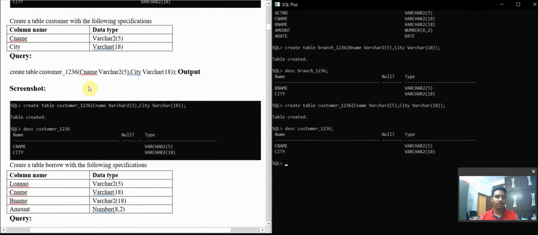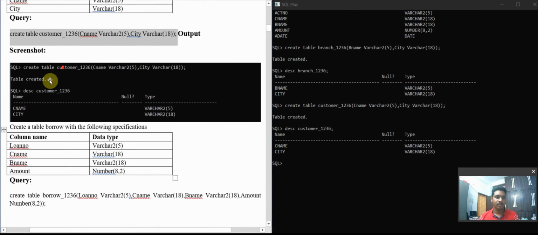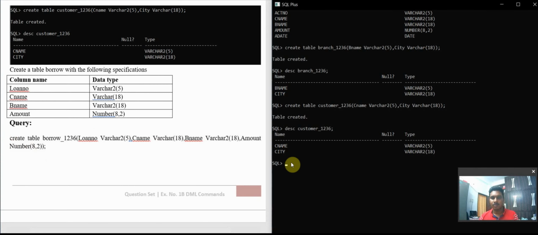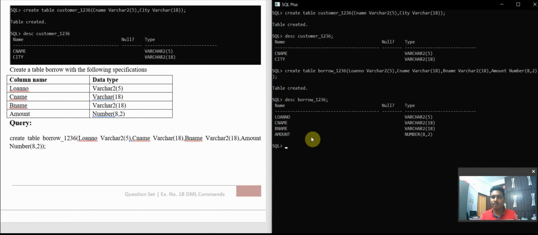Now I did this, so let's go for the next command. The table is created, that is the borrow table. So you can see here the borrow table.